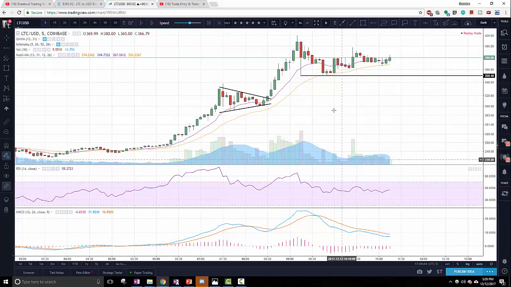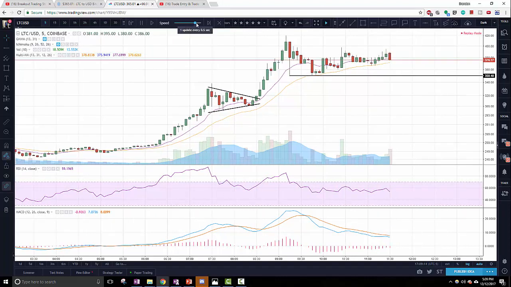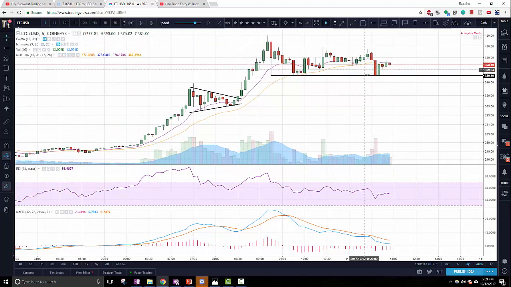Now, from a time standpoint, I had told them here, if we break this EMA and 350, we will collapse. Let's just keep playing this out. Maybe bump up the speed a little bit. What just happened here? Absolute collapse of prices. People are panic selling. Then what do you know? Once again, the same buyers that stepped in at 350 earlier are still there. There is still a wall of buyers at 350 right here. That's exactly what's going on.